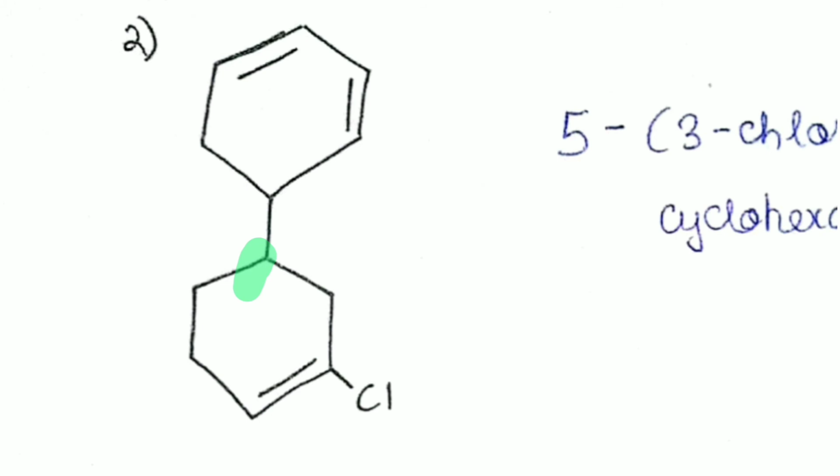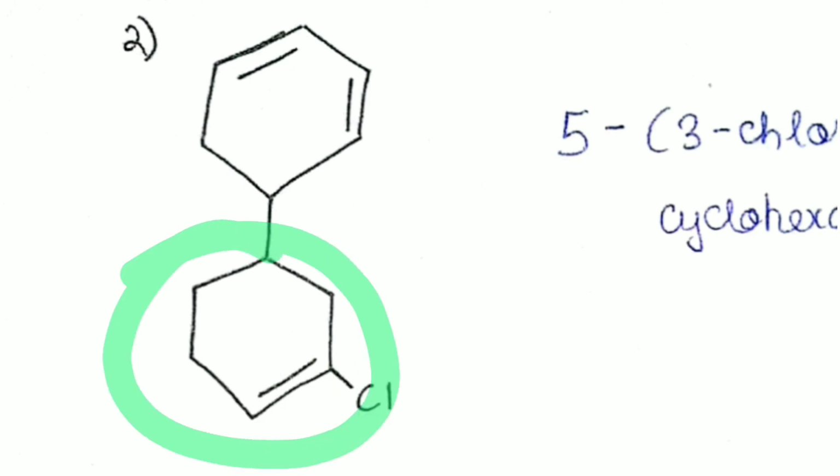Then this will get number 2 locant and this will get number 3 locant. Why, guys? Why I did not give this kind of numbering and why I took this kind of numbering is because the chloro group is also on this side. So we'll have to give greater weightage, and we'll have to come to the double bond from this side to even include the chloro group in the lowest set of locant numbering. So now we can see this is our first locant, then this is second, this is third, this is fourth. So the chloro group is getting third locant, and then this double bond here is at the third carbon of the substituent. So now let's start with the naming of this compound, guys.